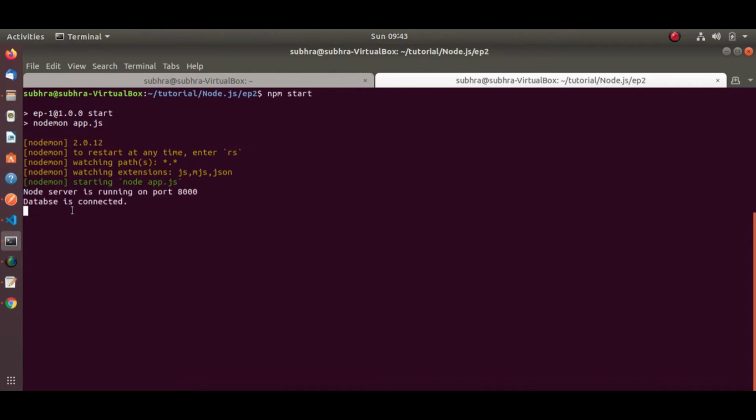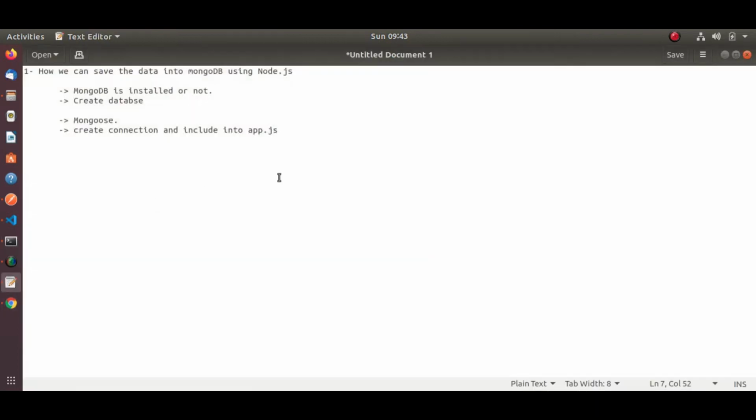See, now you can see the database is connected. Now we are sure that from our Node.js application to the MongoDB database there is one bridge already created, so the connection is there. So then what is our next step?